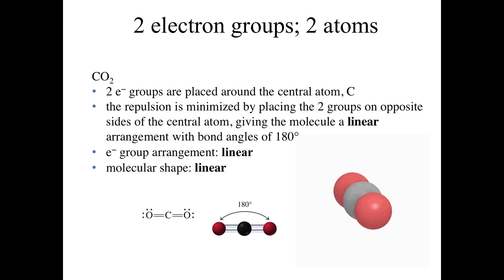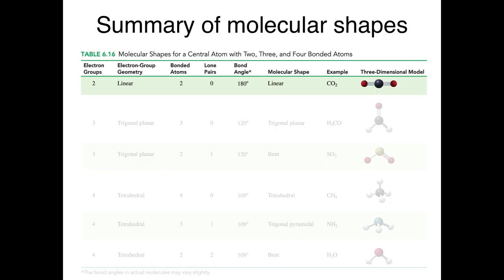So here I have for you represented in 3D this molecule of carbon dioxide. It is a linear molecule with the oxygens farthest away from each other as possible. Again, linear because you can see if you connect the atoms, they form a line. So there you have it. That's our first shape. It's a linear shape when you have 2 electron groups and you have 2 atoms bonded